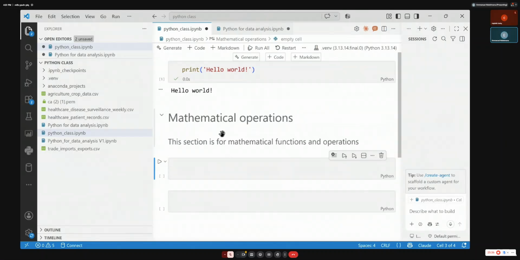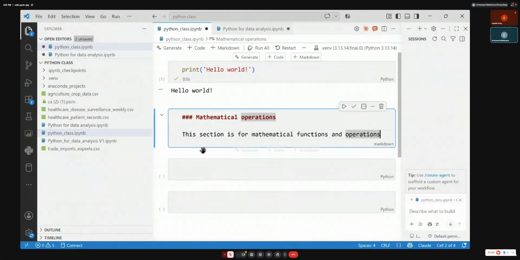So when I run it, this is just going to be like a title of what we're going to do next. You will always see this: people mix code and explanation. That's when you need one cell that will contain maybe a paragraph, a sentence, or a title of what is going to follow next. You can still do it inline. We're going to see that.